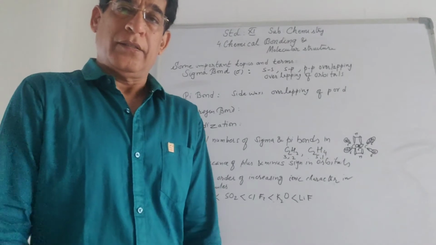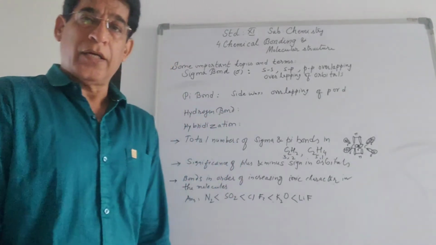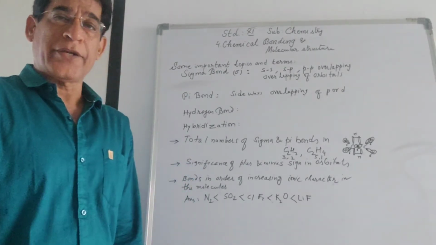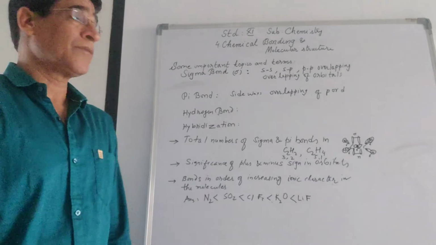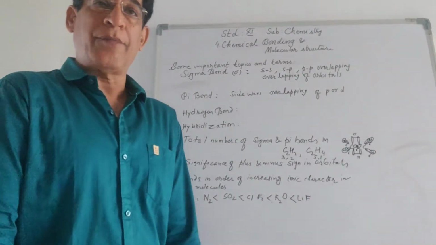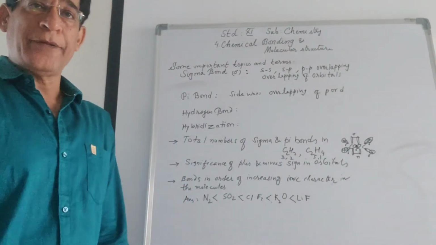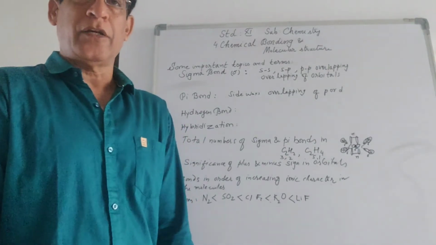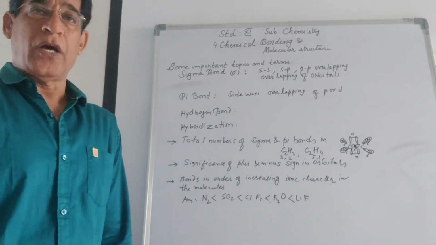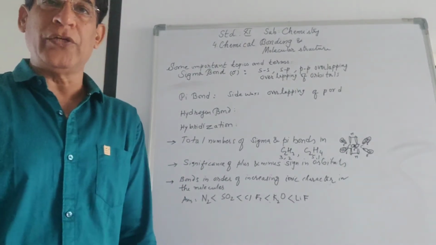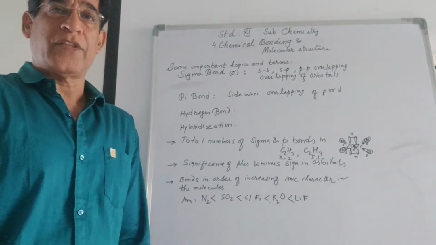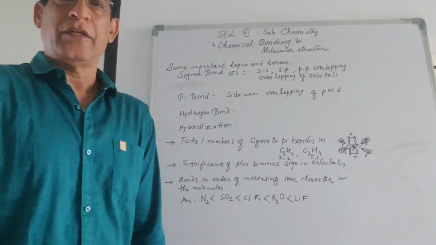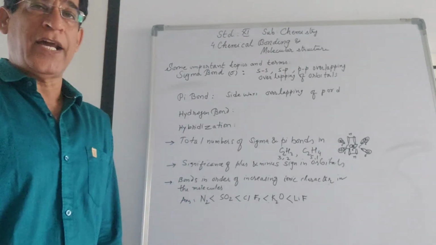We are going to start a new topic of the fourth chapter, and the topic is sigma bond. Now what is a sigma bond? A covalent bond formed due to overlapping of orbitals of the two atoms along the line joining the two nuclei is called a sigma bond. For example, the bond formed due to s and s,